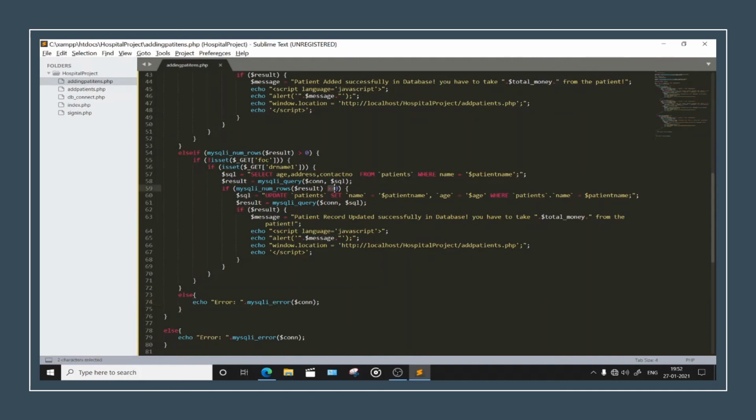If it's greater than 0, then go like this. If we have executed it perfectly fine, I think we will be keeping something like this. Put one tab there, paste it down there, echo, indent properly.